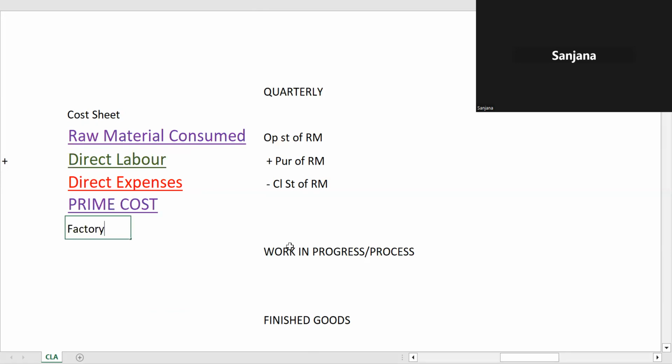ओके, so on to this prime cost you add factory overheads। ठीक है, फैक्ट्री ओवरहेड्स, ओके, इसका और नाम होते हैं वर्क्स ओवरहेड्स। ओके, वर्क्स ऑन कॉस्ट या फैक्ट्री ऑन कॉस्ट। ठीक है, तो इट इज फैक्ट्री